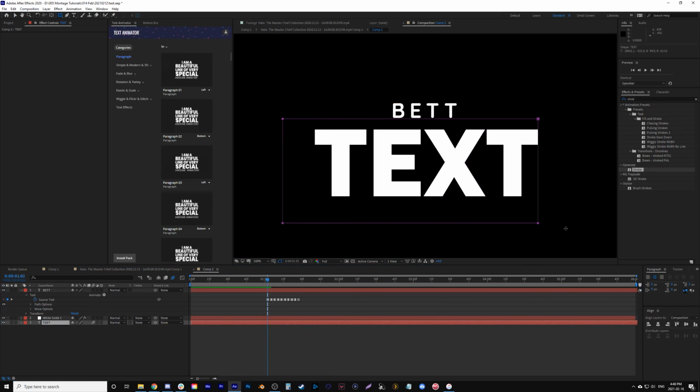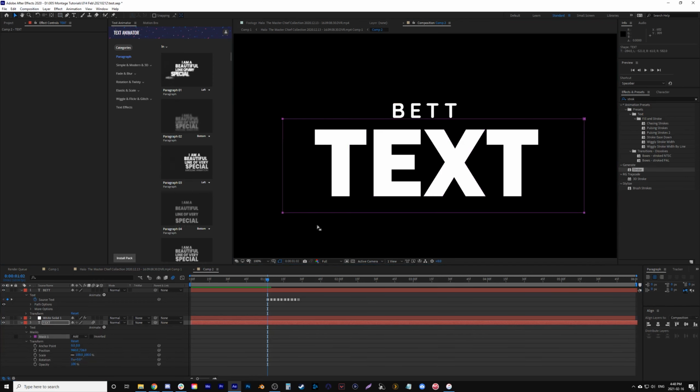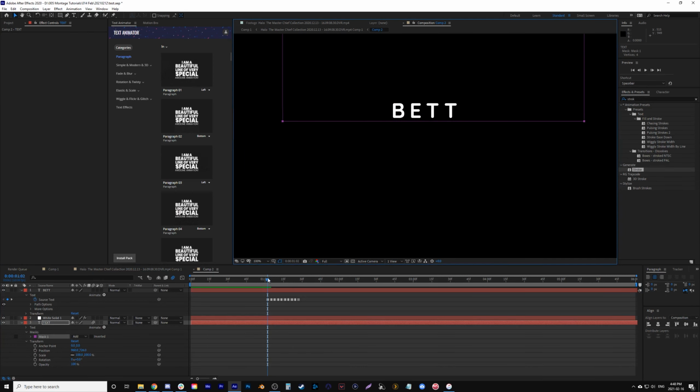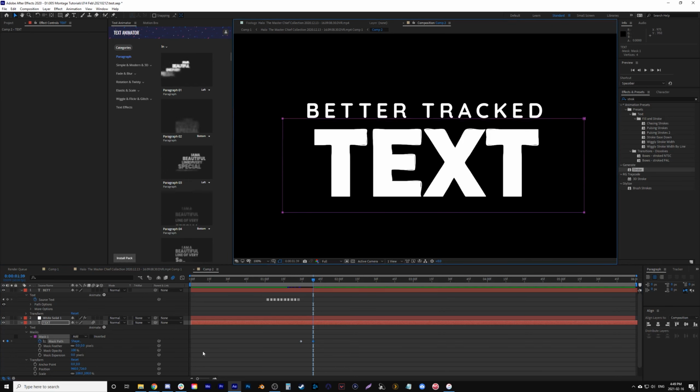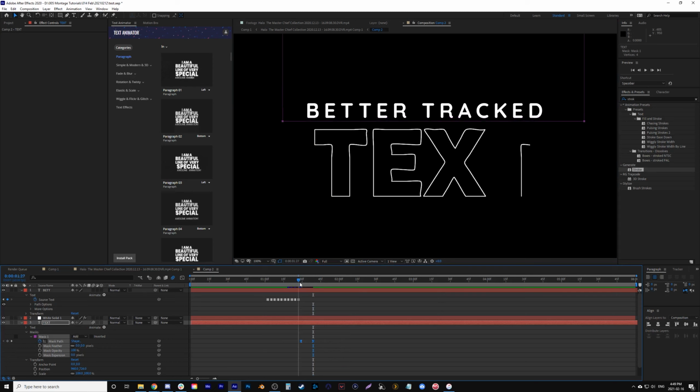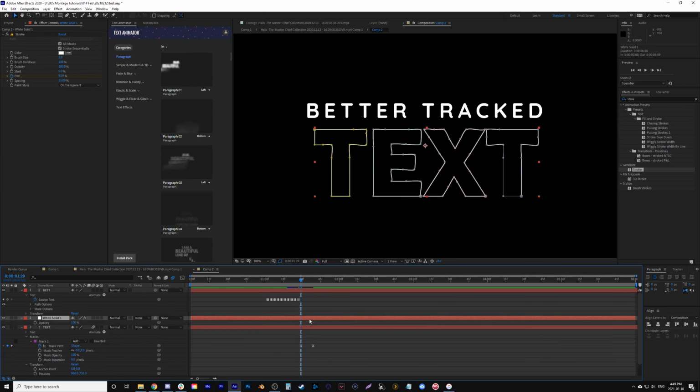But what we're gonna do is click on this, which is our original actual text layer. We're going to go mask, grab this here, and we're going to bring it above the text. Let's say as it's partway built, or right at the end, I'm going to add a mask path, go 10 frames, bring it down, and easy ease that. And then we need to hide the ugly strokes because it looks so ugly. So we'll go T to bring up our opacity. And just when it starts appearing, let's actually